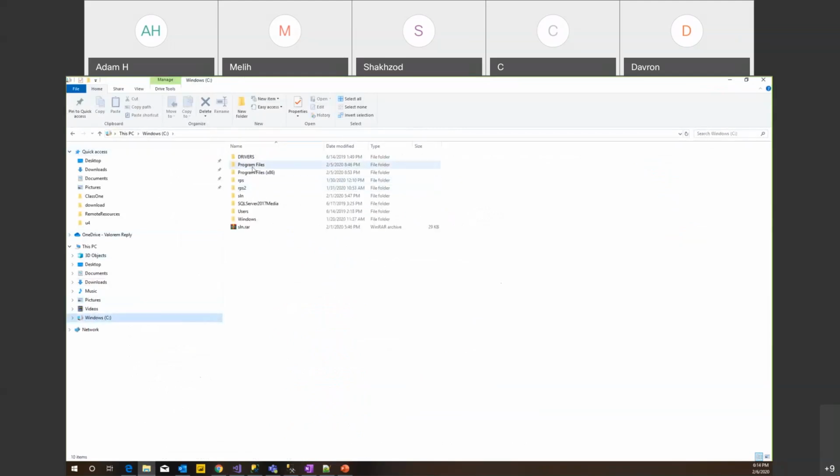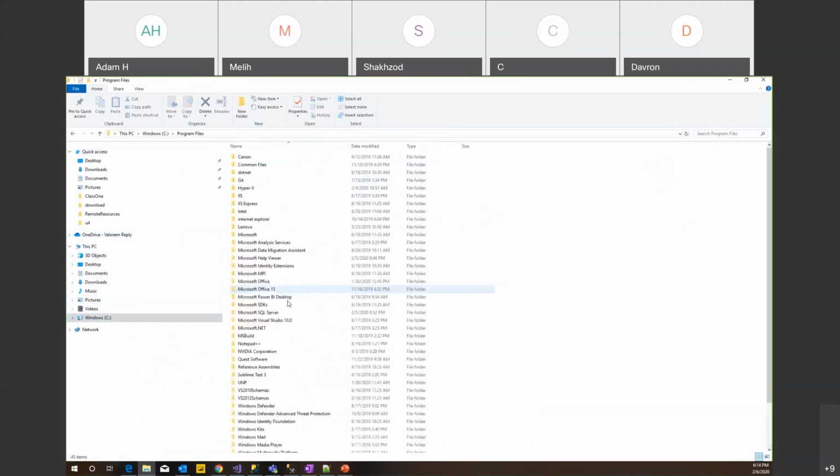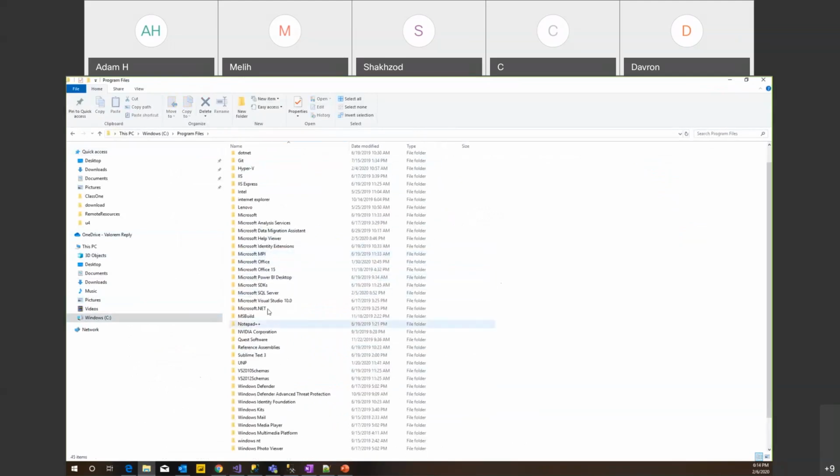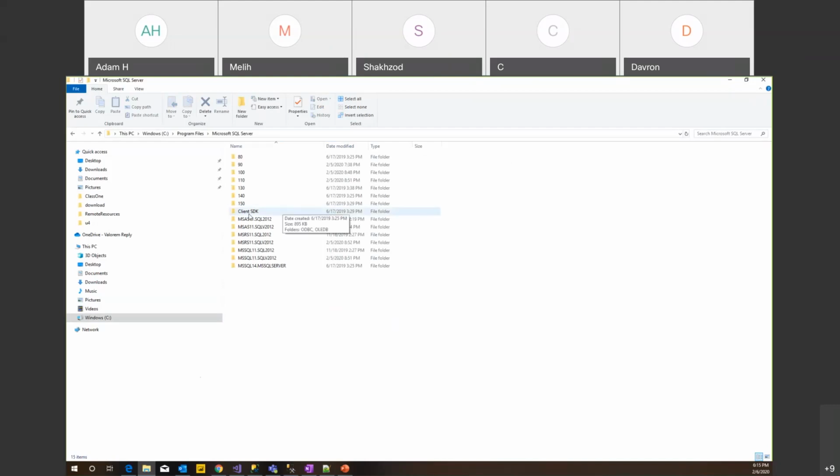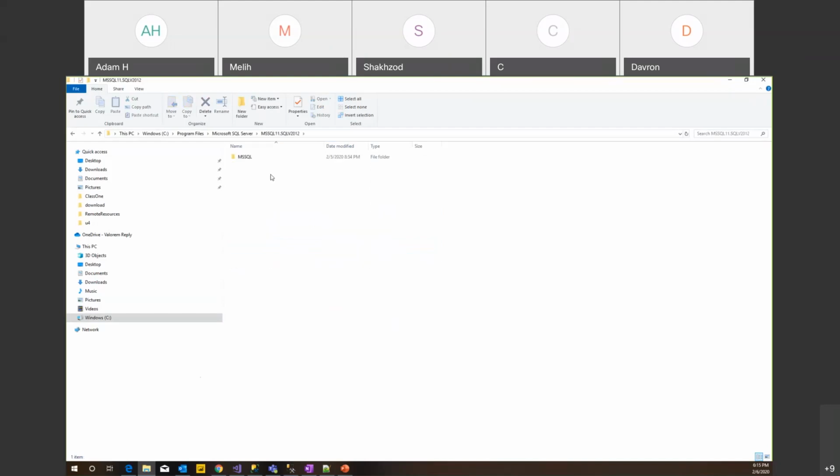In your C drive, you will go to Program Files. In Program Files, you find the SQL Server folder. There's Microsoft SQL Server right here, and find the right version. Probably you have just one version. I have several versions here. This is the 2012 version that I downloaded and installed for this class, especially for using data